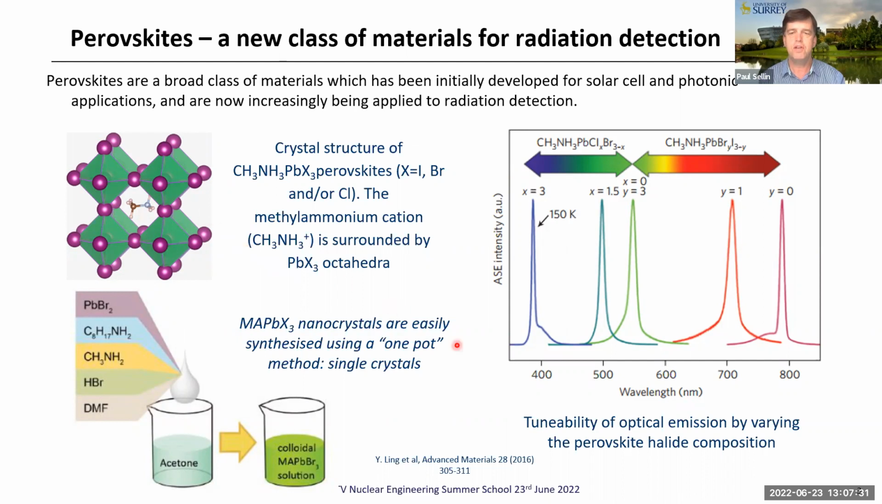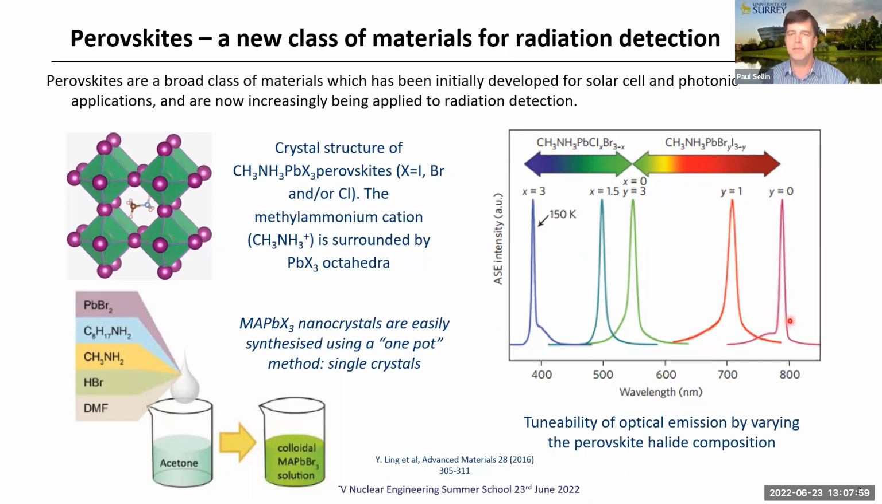And you can see the figure on the right shows the tunability of the optical emission, for example, from photoluminescence by varying the halide composition. So this is showing photoluminescence emission peaks. I've even color coded them for you to match the wavelength very broadly, right? So we have blue on the left, deep purple at 400 nanometers, and we have deep red heading into infrared